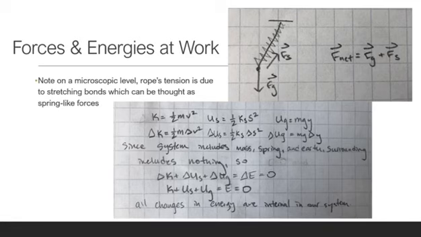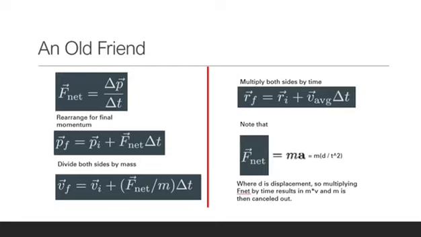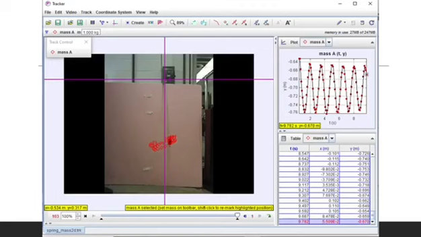Note, we can also model our rope as a spring because on a microscopic level, the rope's tension is due to the stretching bonds, which can be thought of as spring-like forces. In addition, we'll use Newton's second law to calculate our object's new velocity and position iteratively, as we have done in previous labs. So this is what it looks like when we extract our data in Tracker,